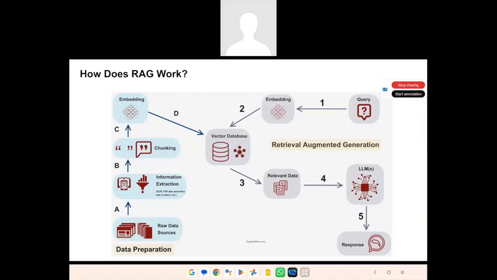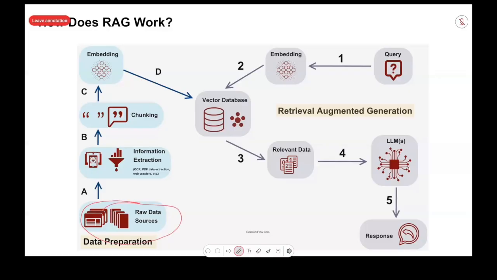So this is a much more detailed way to explain. I have the raw data source. I extract what I need to embed. So we have the raw data sources, and I extract the information. I chunk it, I embed it, I store it in the DB. So this is the ABCD data preparation process, and this is called indexing.